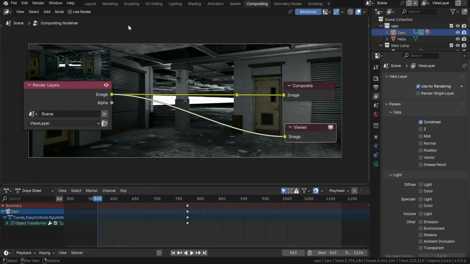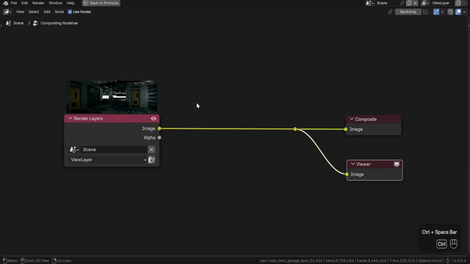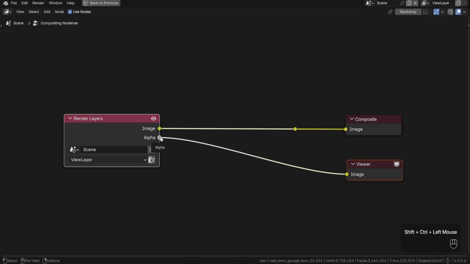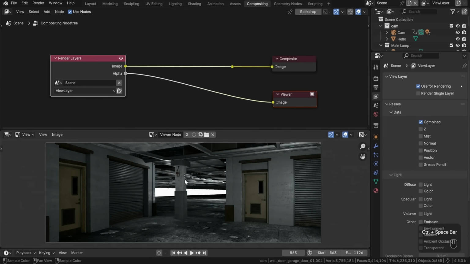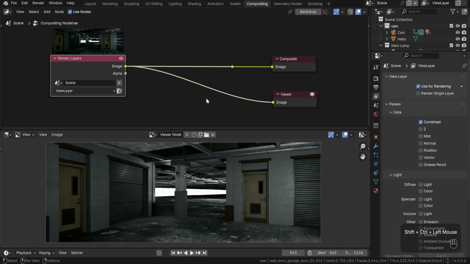The first thing you might notice in the compositor, at least once Use Nodes is enabled, of course, is that the default node tree now contains a viewer node right from the start. The little top right icon there will refresh things, so if you toggle one of the full screen modes and then change some stuff, you might notice that when you toggle back, those changes aren't immediately shown in the viewer. So just hit that little refresh icon or Control-Shift-Click on the node or socket again, and that should update